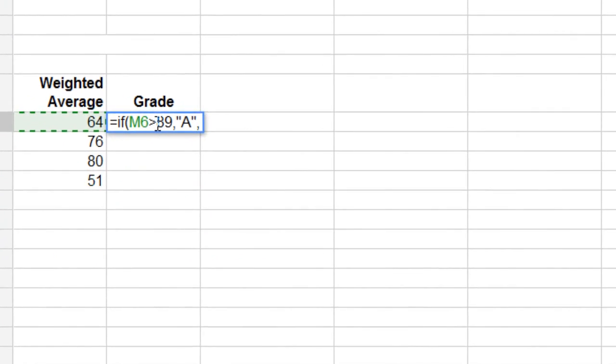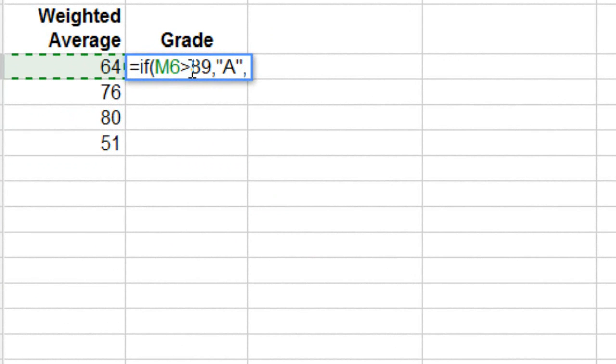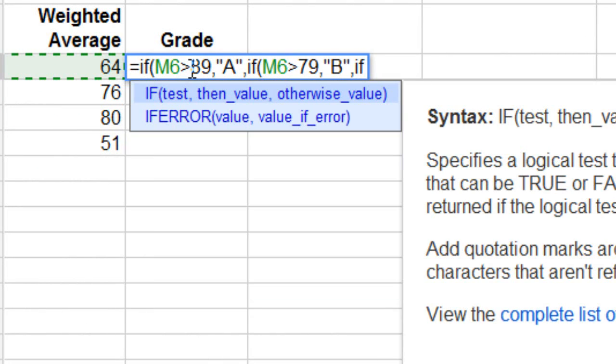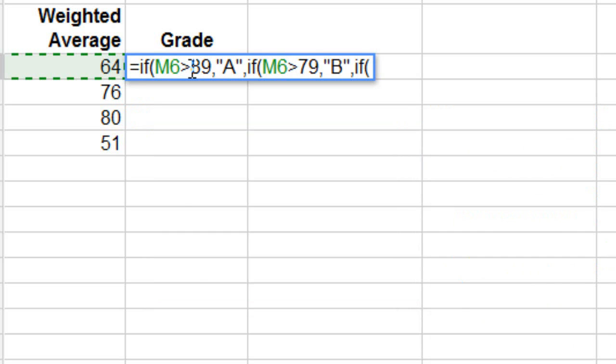Otherwise, and remember that you always read that second comma as otherwise or else, if, in parentheses, M6, and I'll just type it here, is greater than 79, then assign a B, else if, in parentheses, M6 is greater than